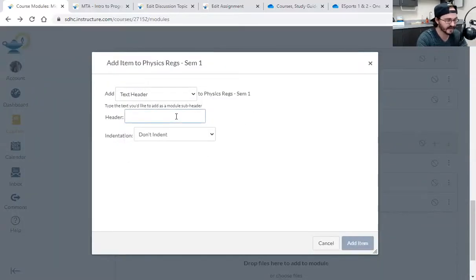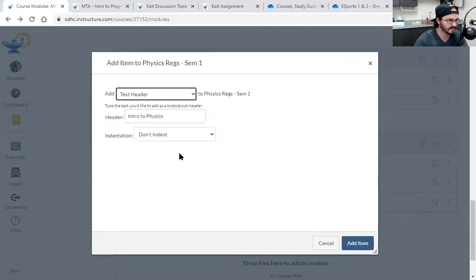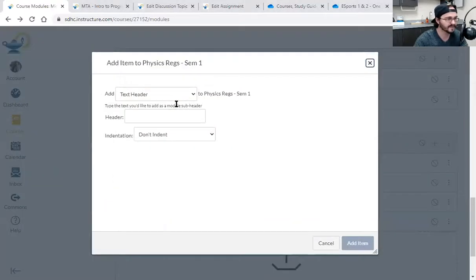I'm going to do that for every unit I know I have. So for physics, I do intro to physics. I'm going to do it again: speed and velocity.